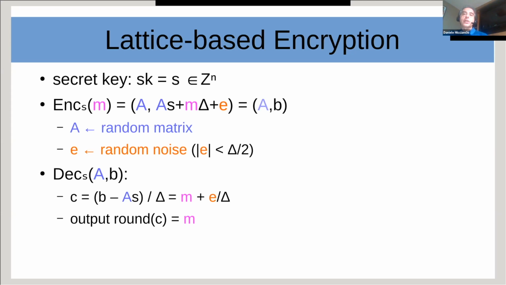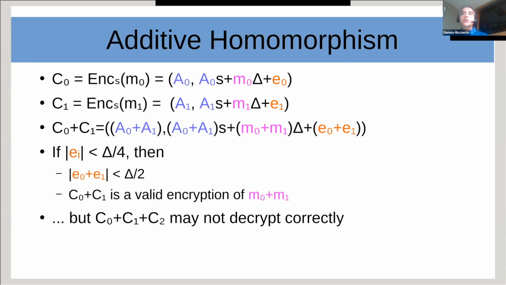And this establishes the correctness property of lattice-based encryption. Now, naturally, this scheme satisfies a very interesting homomorphic property. It is linearly homomorphic. If you add two ciphertexts, C0 encrypting M0 and C1 encrypting M1 (now ciphertexts are matrices, so addition is just addition of matrices)